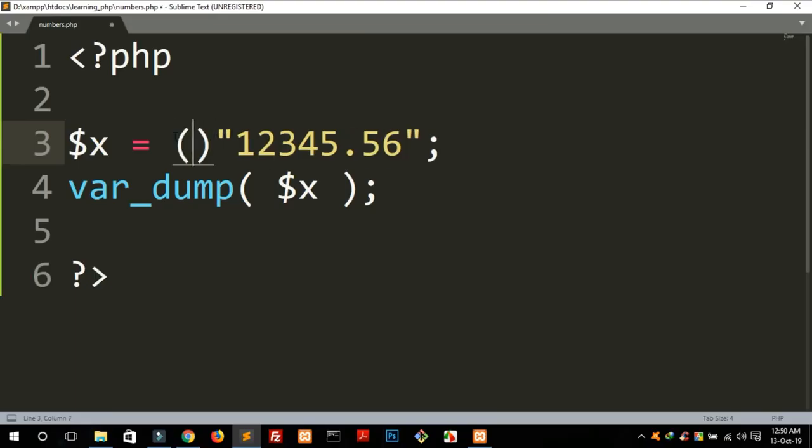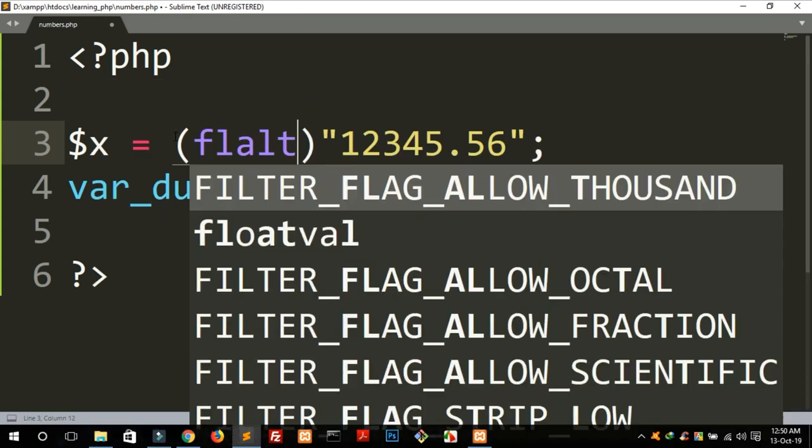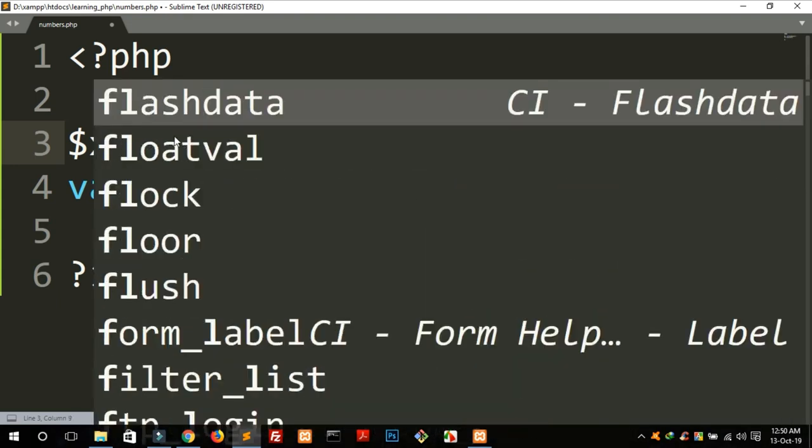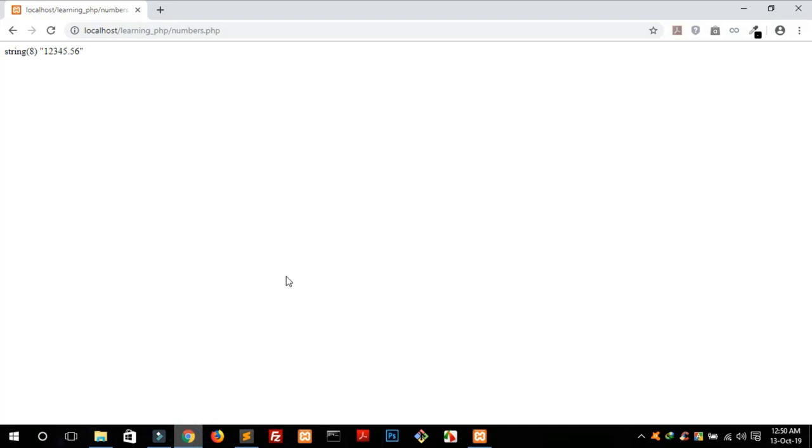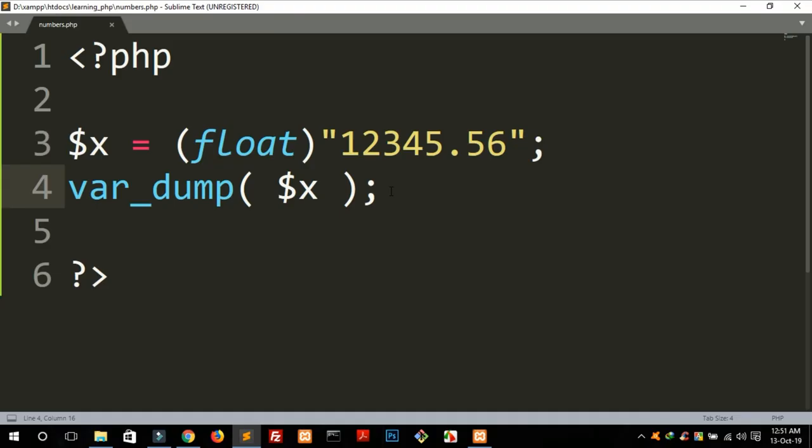Now we want to cast it as a floating point number, so type float only. Refresh it. See, now PHP is considering the variable x contains a floating number, which is this. So that's it. By these processes we can handle numbers in PHP,